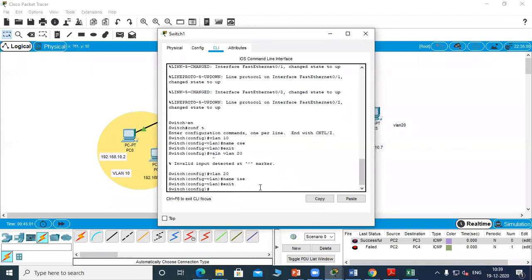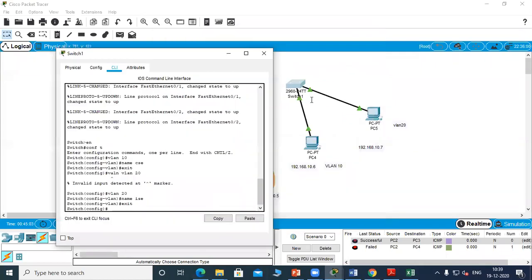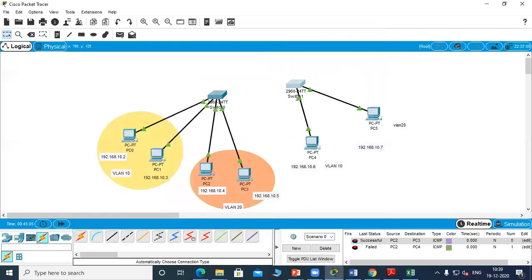So the VLAN is created. Now we'll configure the ports, which are 0/1 and 0/2.